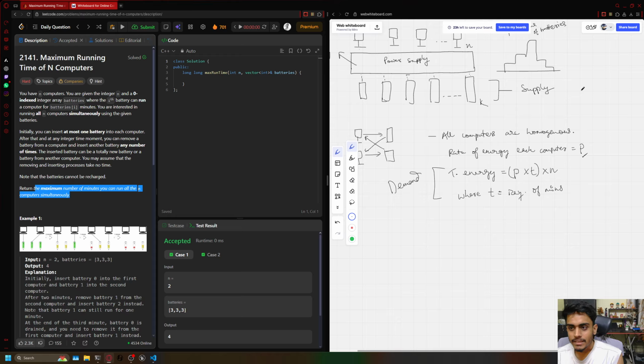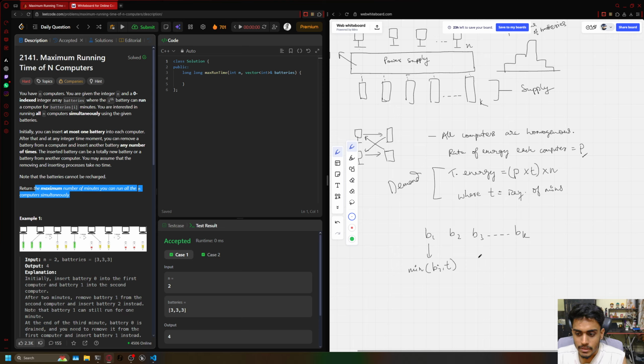If I want my power supply to be running for t minutes, then I can check how much each battery can contribute. Let's say I have B1, B2, B3, like that, some K batteries. Each Bi designates the amount of time they can run a computer. So I can consume a minimum of Bi